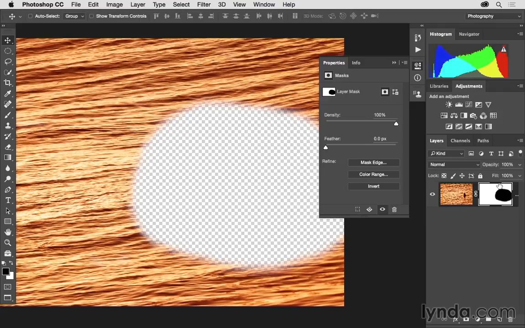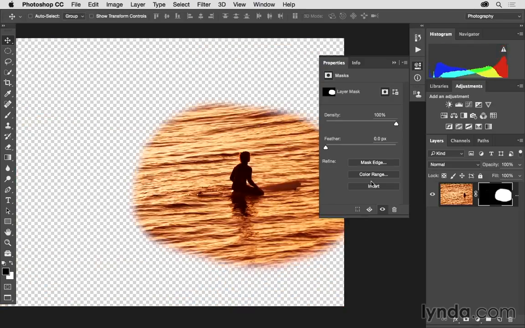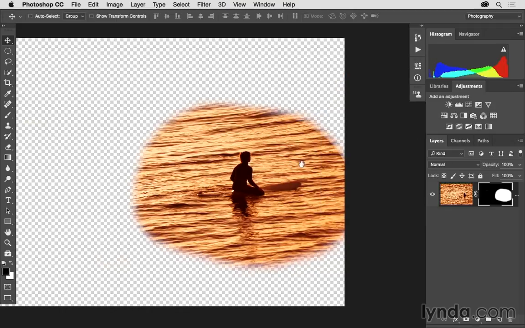So now the white area is over here, revealing that part of the image. The black area is concealing this area of the photograph. So again, there's a lot that we can do when it comes to customizing masks. All right, in order to talk a little bit more about how masks work, what I want to do next